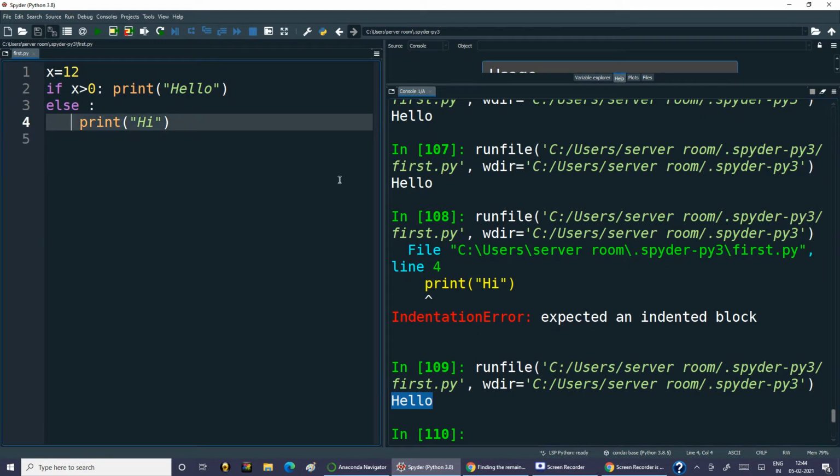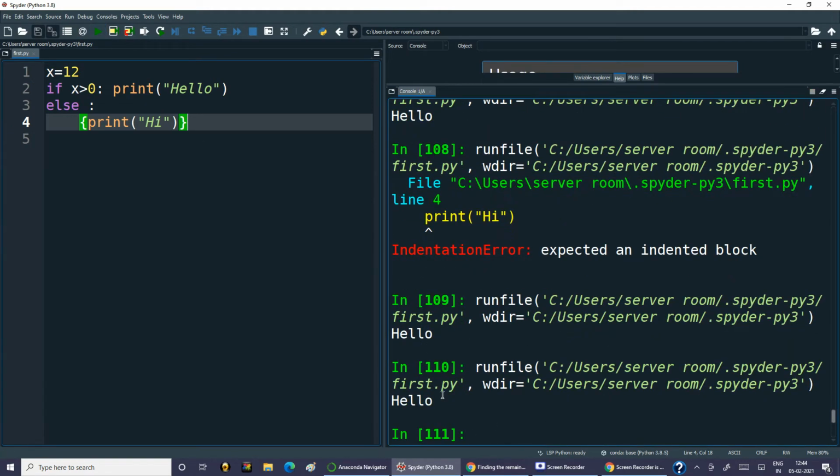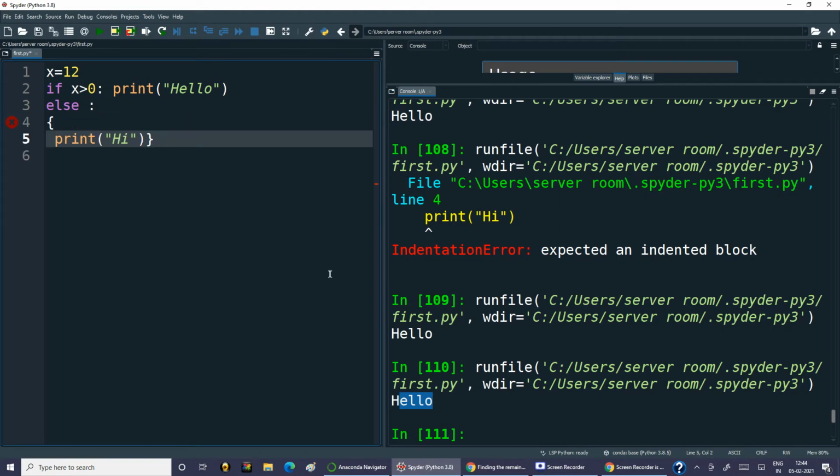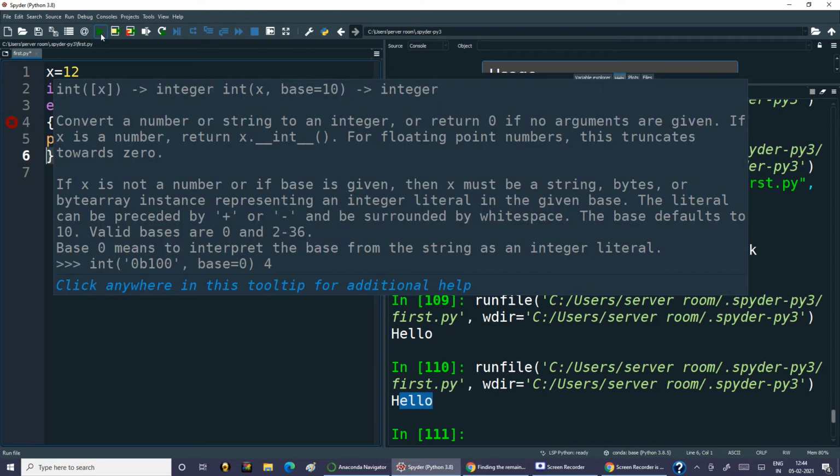But what happens if I don't give the indentation? It is giving you an error. What happens if I write these braces? Then again it is okay. But let us try this also. This is without indentation. I am writing a brace and then this and then brace closed. Like in C programming, what we do, the same thing I am trying here. So if I write